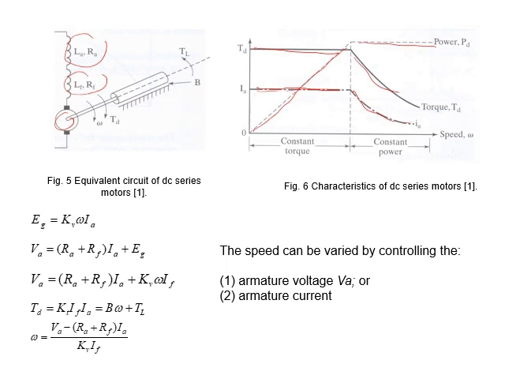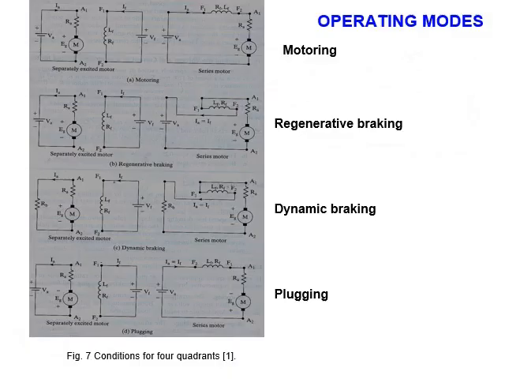Here is a list of the equations for the series motor. You can see the difference here is we have the armature resistance with the field resistance in series, so we add them together. And again, if we go through these formulas, we will find the formula representing the speed, how we can control the speed. Again, voltage, IA, IF. But here, because IF is the same, we can say only armature current and voltage can be controlled. When we control them, we use the power electronic converters to control the voltage